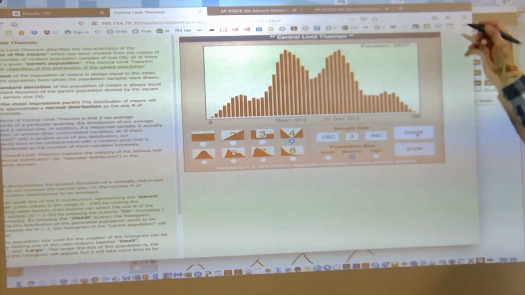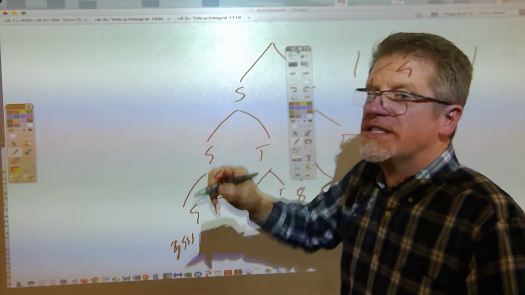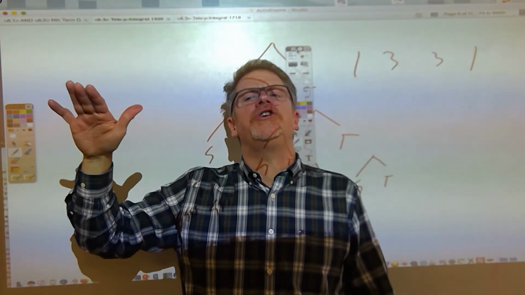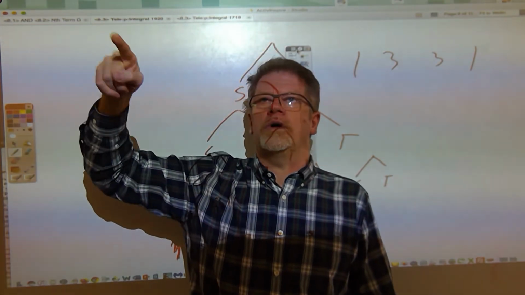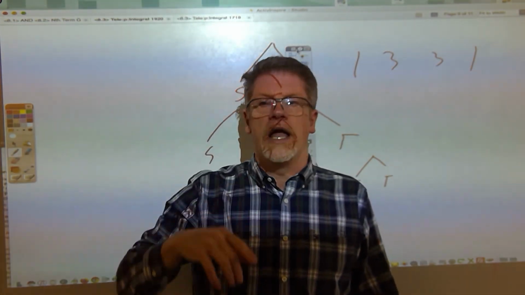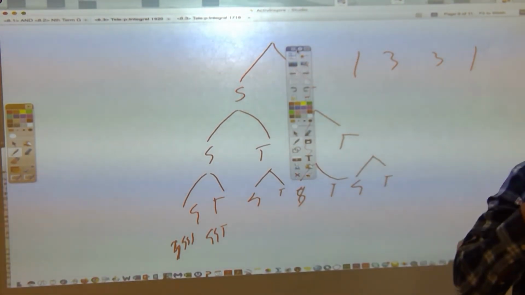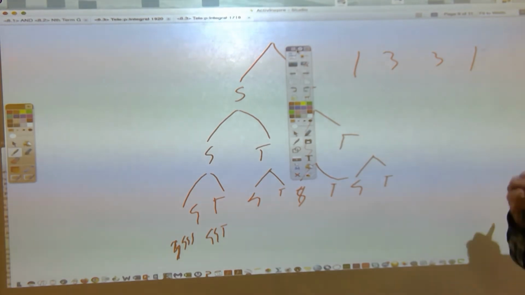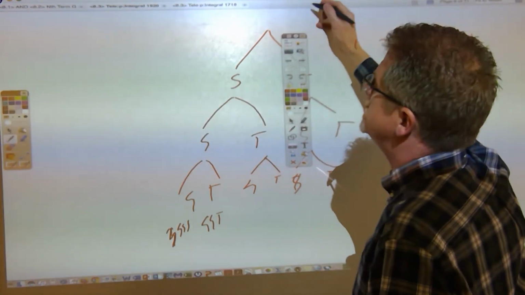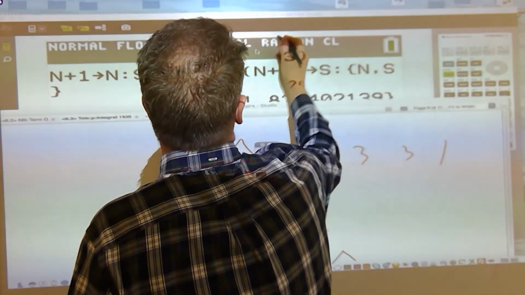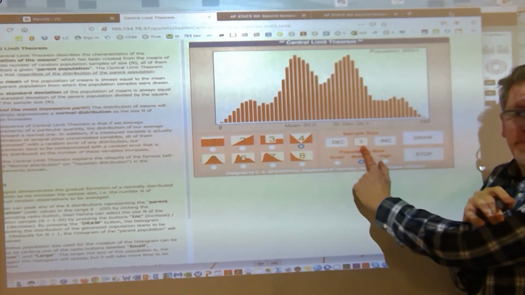Now, look at the central limit theorem. It says that the shape of the sampling distribution of sample means is not normal for small values of n. It could be like this, not normal. It could be 1, 2, 1, not normal. But what is the second half of that statement, Olivia? What's the second half of statement 3 that you wrote down? It becomes more and more normal as it approaches infinity. As what approaches infinity? As n approaches infinity. And what does n represent? The sample size. The sample size.